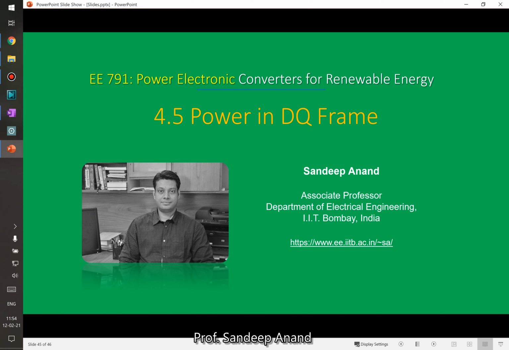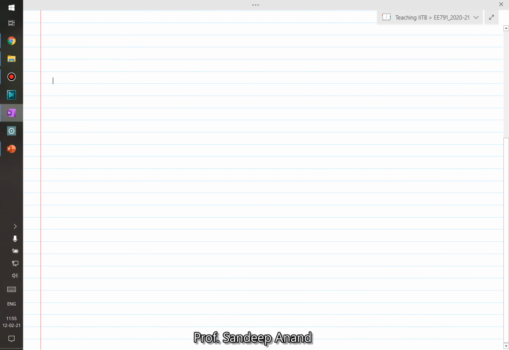So now what we want to do is understand how to define power in this DQ frame, right? That's especially relevant when we talk about solar inverters. Since this course is about renewable energy and we were discussing solar inverters, usually these inverters would like to operate at maximum power P, and they expect to have a controllable reactive power Q, right? Therefore understanding the power and the reactive power in context to the DQ frame becomes important. So let's start our discussion, and let me take a simplification here.